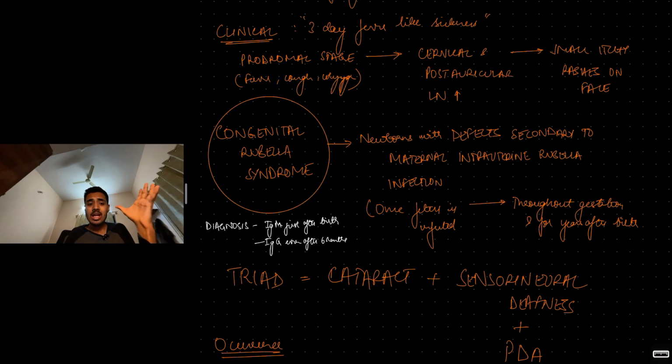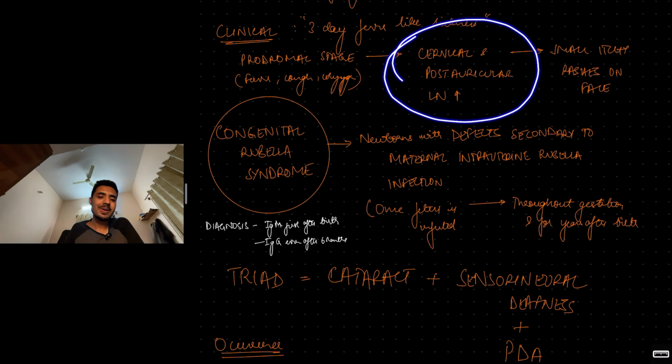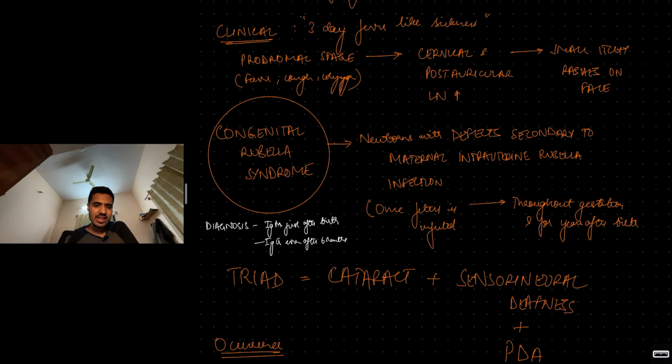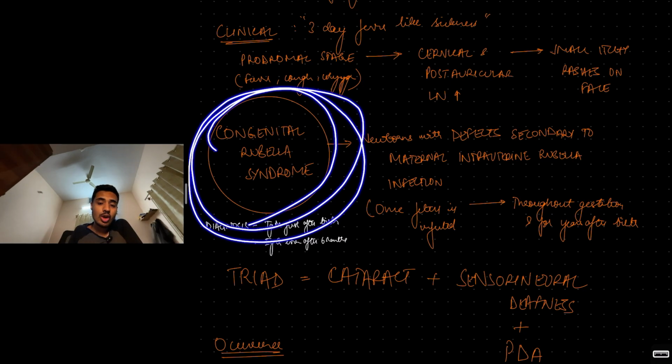Then you'll go high. Then you'll have cervical lymphadenopathy, post-auricular lymphadenopathy, and you can have rashes, small itchy rashes on the face, which eventually progress to the rest of the body, just like measles. But what's important here is the lymphadenopathy and the 3-day fever-like sickness. But why is it so dangerous? Because of congenital rubella syndrome, TORCH infection,